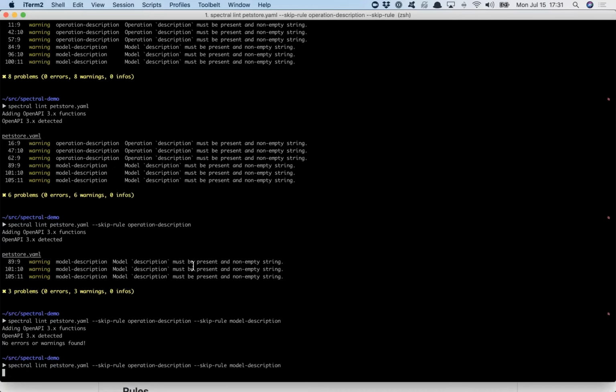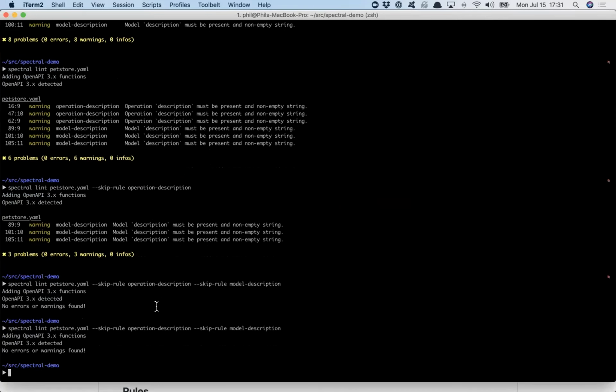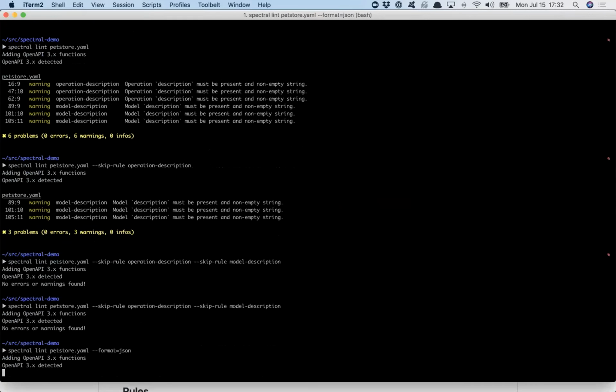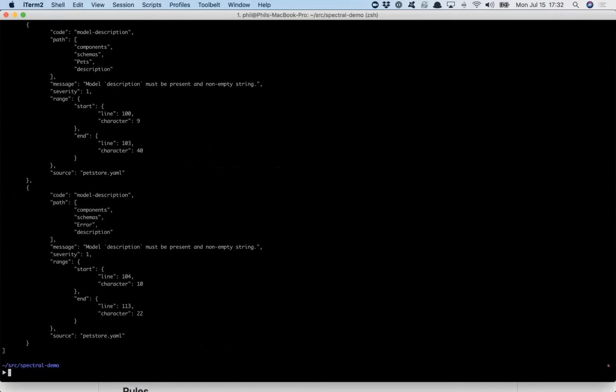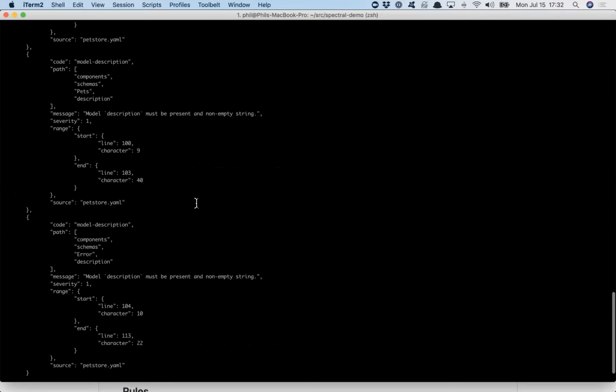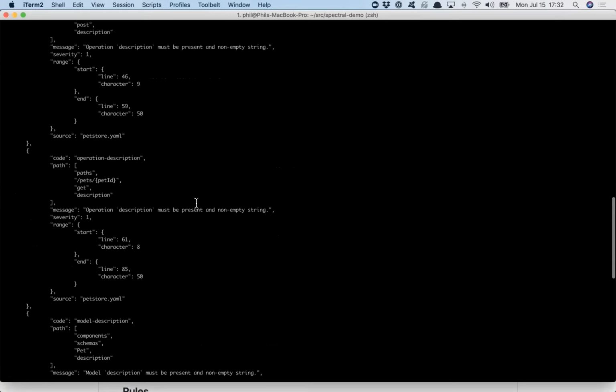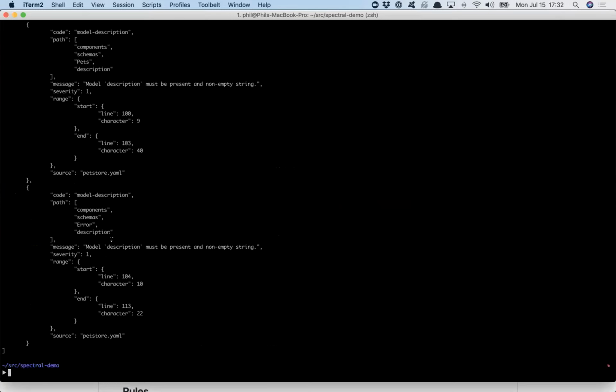So by default, you get this output, which is very similar to ESLint. I think we are heavily influenced by their stylish format, but you can use different formats, right? So if you were to get rid of some of these things, then you can say format equals JSON. And we'd very much like PRs and requests for other formats. It'd be really cool if we could figure out how to do JUnit style, right? Or XUnit, sorry. So that you can have nice, pretty reports, but you can have JSON, and I think that's it. I think it's just stylish and JSON right now. But yeah, for the report and for linting, it would be great if we had an HTML option as well. More formats, please help us.